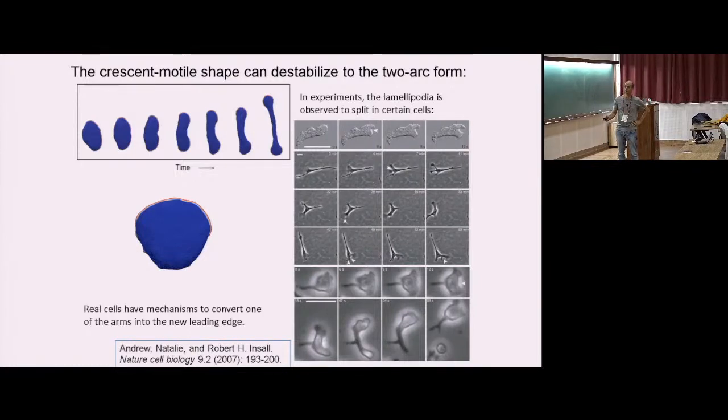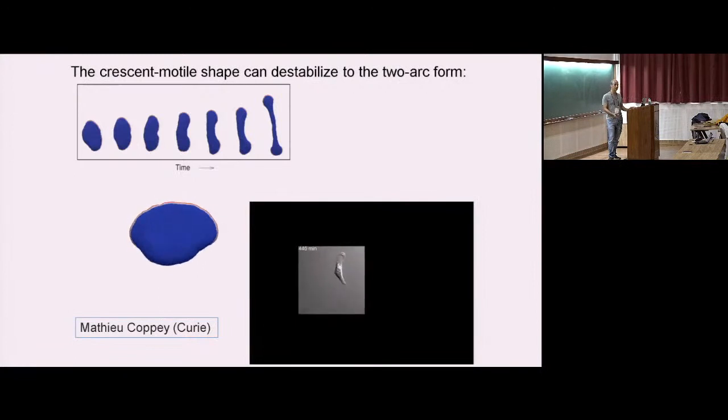And you can see that one leading edge was winning over the other, and the cell just left off and continued walking in a new direction. And we don't have a mechanism for that yet, and that's one project for a new postdoc that I have at the moment, Shubhadeep,